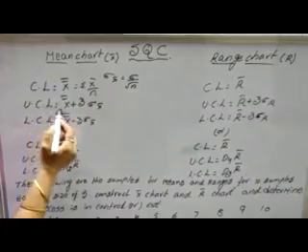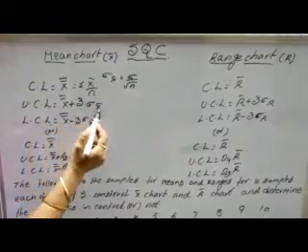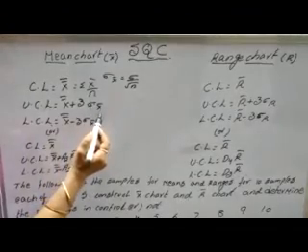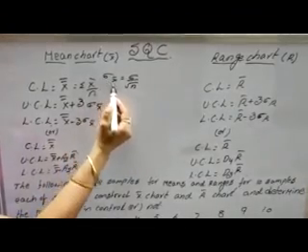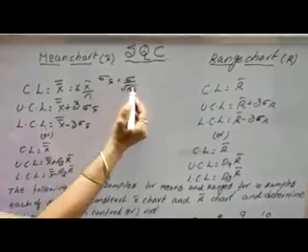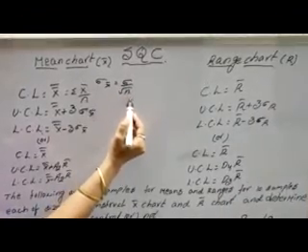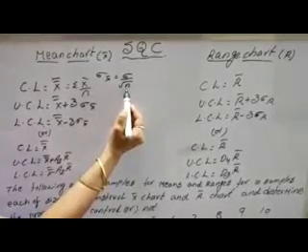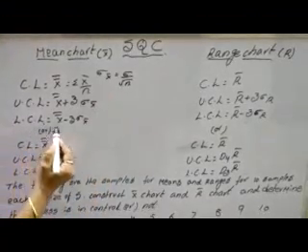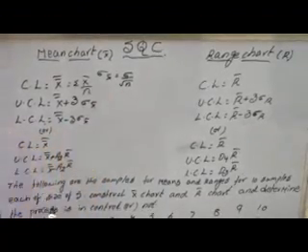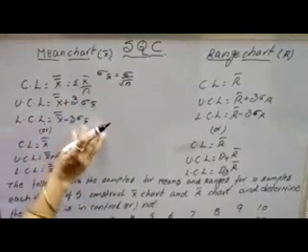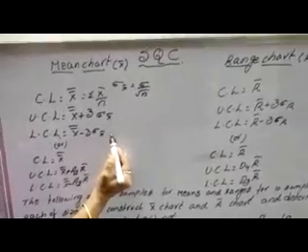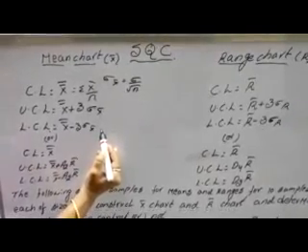Next, UCL is x double bar plus 3 sigma x bar. 3 sigma x bar uses the standard deviation of the means of the given samples. The standard deviation of means of the samples can be represented by the formula sigma by root n, where sigma is the standard deviation and n is the number of samples. Now LCL is x double bar minus 3 sigma x bar. By using these three control limits, after plotting the points you can say according to the mean chart whether the process is in control or out of control.